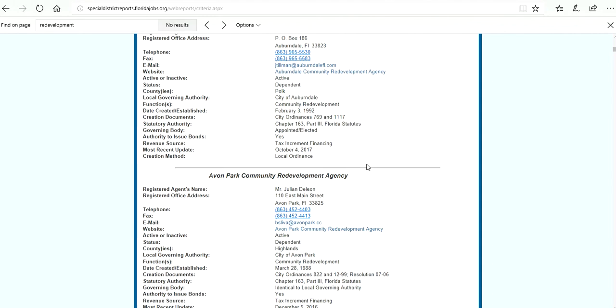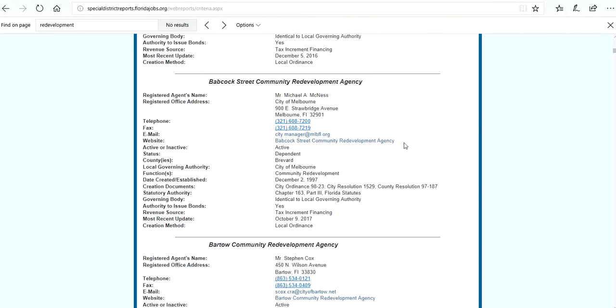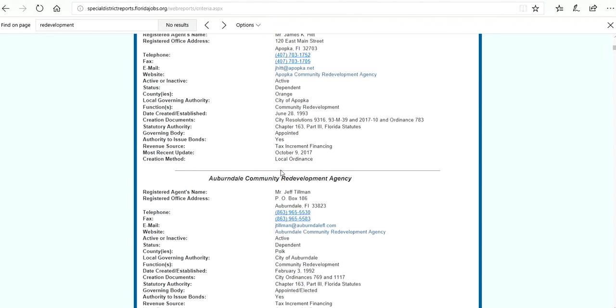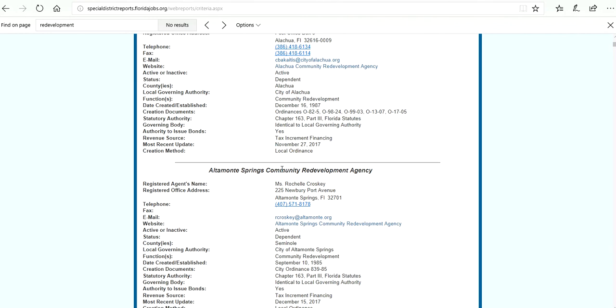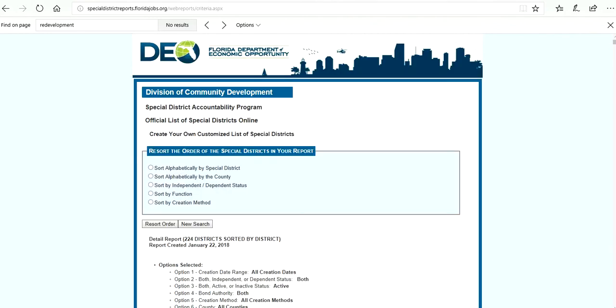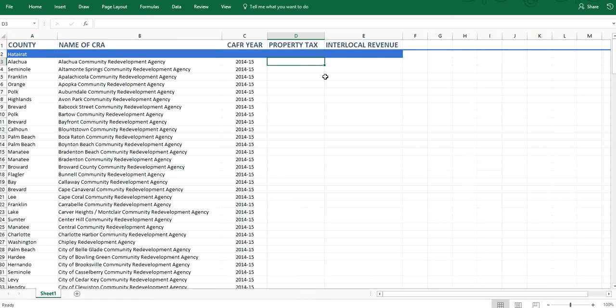I'm just going to scoot down here to Babcock Street CRA. So when you hit a CRA that's not named after the city, you can come down to local governing authority and it says it's the city of Melbourne. So that is the audit that you're going to be looking for, the city of Melbourne. So there are 224, about 55 each. I've showed you the list. I've shown you the